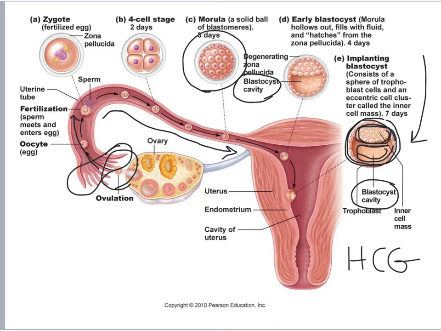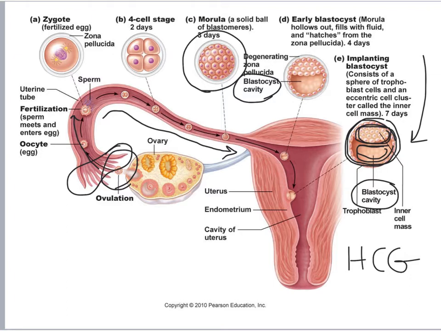Human chorionic gonadotropin acts a lot like luteinizing hormone, but doesn't have to go through the hypothalamus, pituitary, ovary controls. What it does is it keeps the corpus luteum alive and making progesterone and estrogen, which is incredibly important to maintain that thick, juicy, bloody uterine lining that this embryo has just implanted into. This HCG is what pregnancy tests generally are based upon. They detect this hormone in a woman's blood or urine.